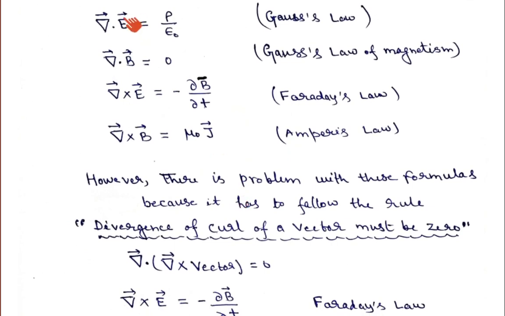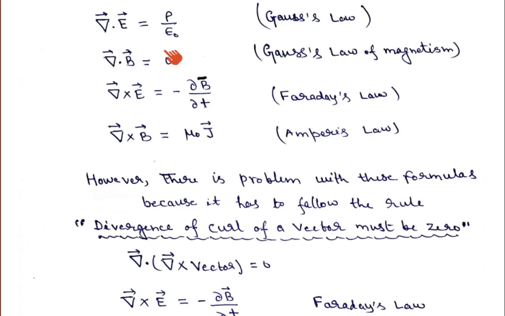If you look at the first equation, Gauss's law of electrostatics, the divergence of E is equal to rho upon epsilon 0. We know the basic law is that the divergence of a curl is equal to 0. If you write the electric field in terms of a curl, we know that for a conservative electric field, the curl of E is equal to 0. It means this equation satisfies the basic law. Because this originated with the electrostatic part, we know that for a conservative electric field, del cross E is equal to 0. So he found that the divergence of E equal to rho upon epsilon 0 satisfies this basic law.